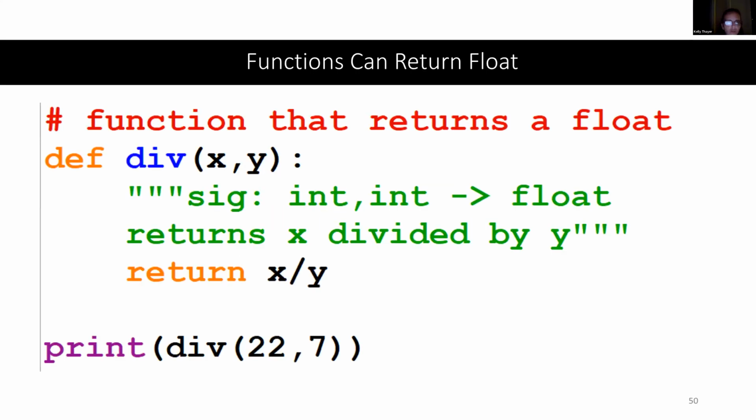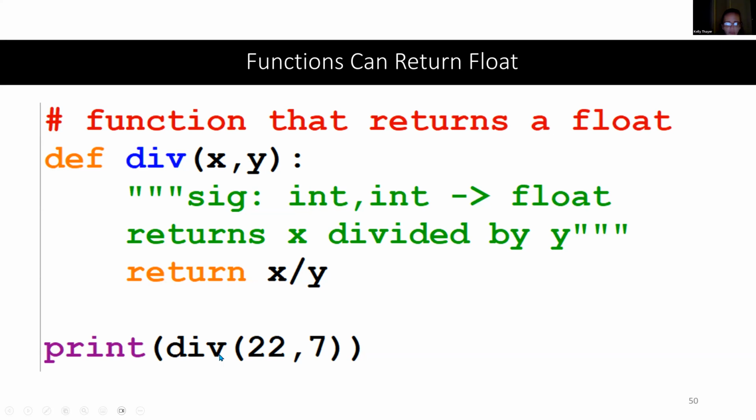We could also have a function that returns a float. Here we have the definition of div of x comma y. This takes 2 integers, and it's going to return a float. It tells us it's going to return x divided by y, which we can see here is what is getting returned. So here we're going to do the famous 22/7, call our function and send in 22 and 7 for x and y respectively. And this will return the non-terminating decimal for pi in some truncated form,